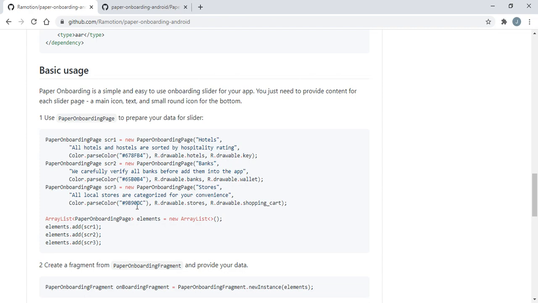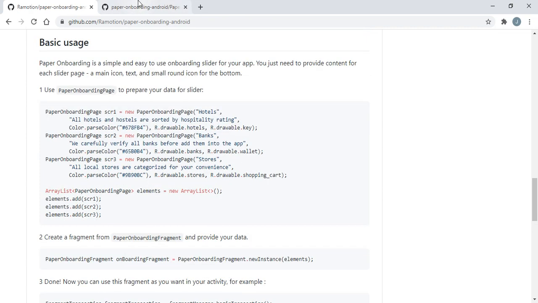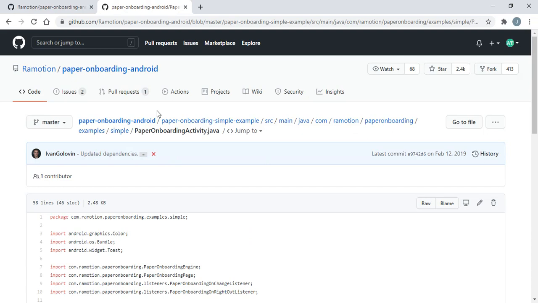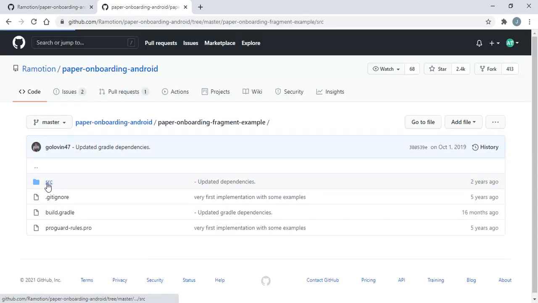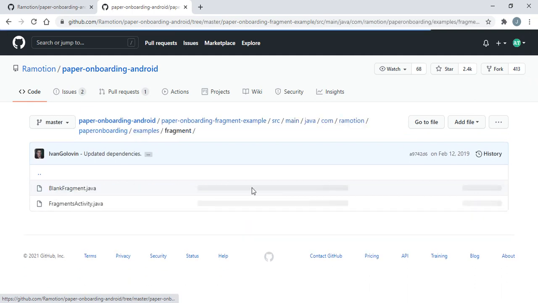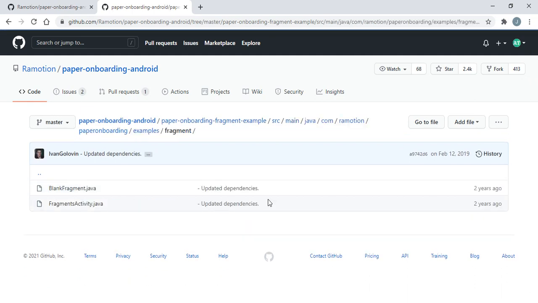Now let me show you the example for the fragments. So for fragment, here is a fragment example. When I click on that, we will find the example for fragment. So here is the main activity and in that the fragment. Here is the blank fragment and the fragment activity. In the fragment activity we will just write a PaperOnboardingFragment